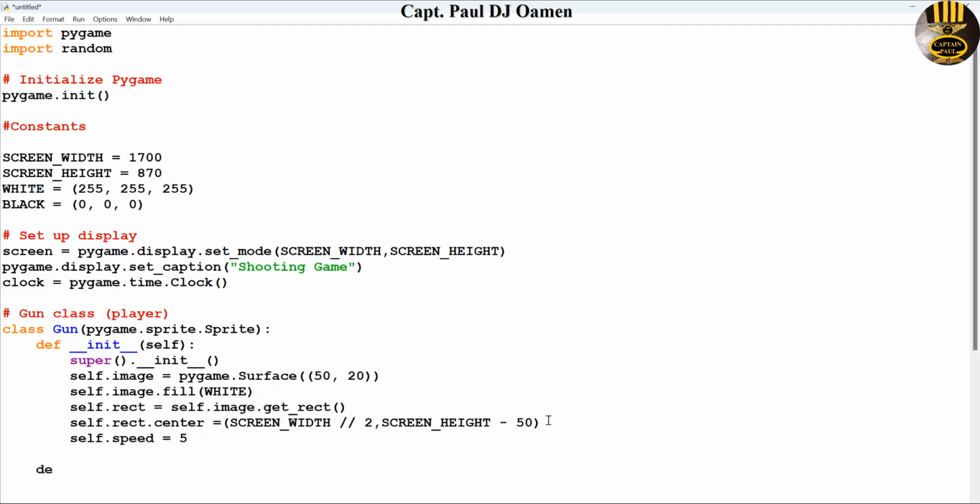So let's declare another function. This function I will call update, and that is going to be self, comma, key. So this is me now specifying the keys that I intend to use. I'm going to be using WASD. All right, so come right down here and using an if statement: if key is pygame.K_w in lowercase, okay, close the square brackets,